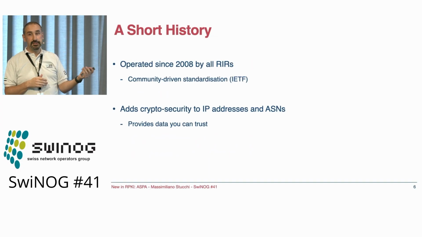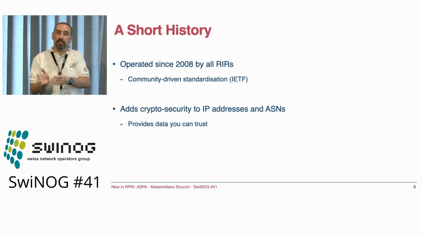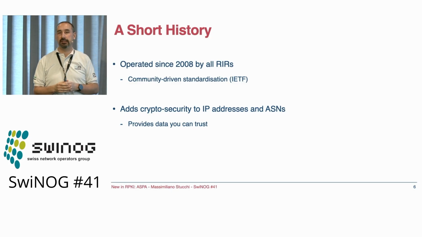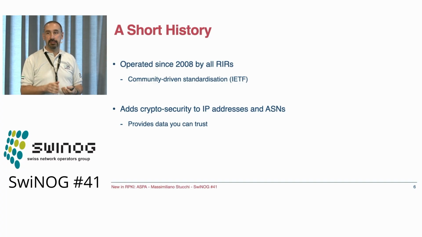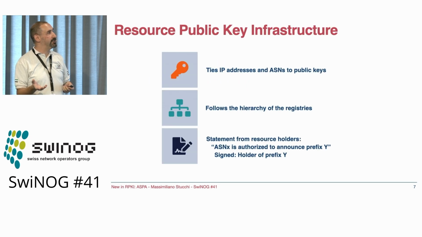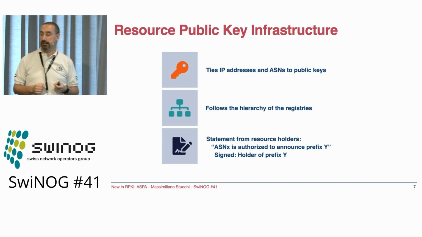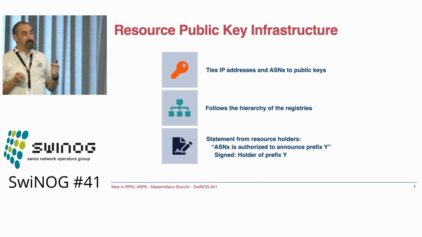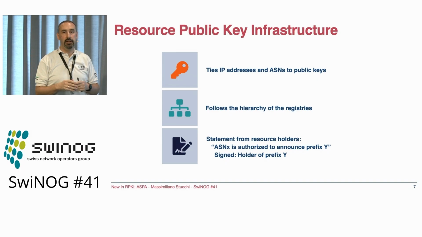So in 2008, people came up with the idea, let's put an additional piece there to verify the data that we see in BGP. And that's when RPKI was started. So the idea is to add a little bit of cryptography on top of whatever we already have, and give us data that we can finally trust. So the idea was to take what we have, IP addresses and origin ASNs, but to follow the hierarchy of the regional registry system. So we have 5 entry points, and that's it. We don't have any other external databases.